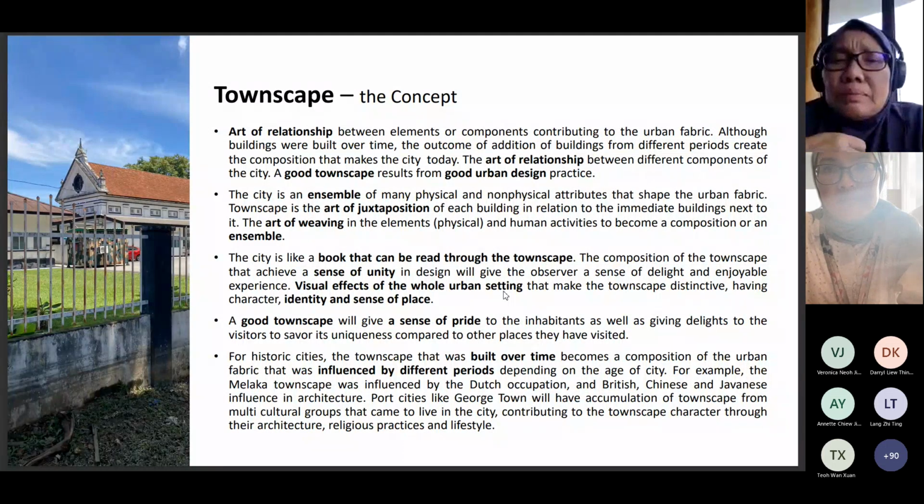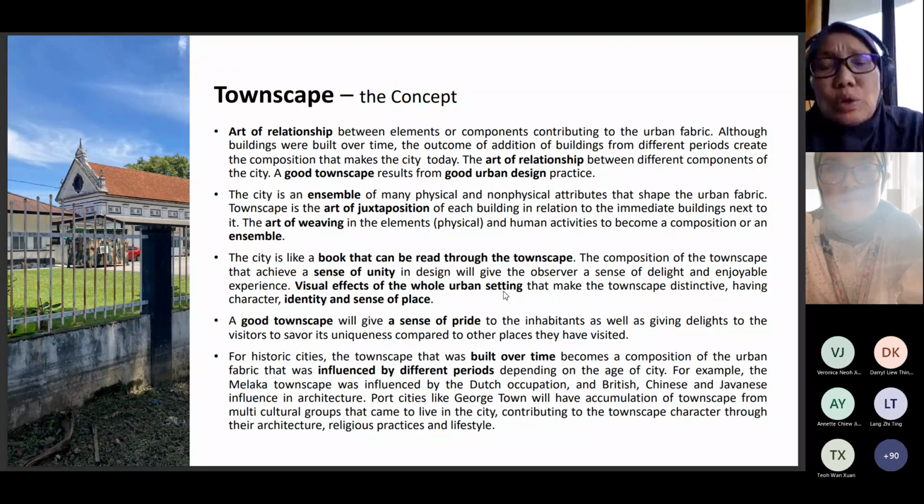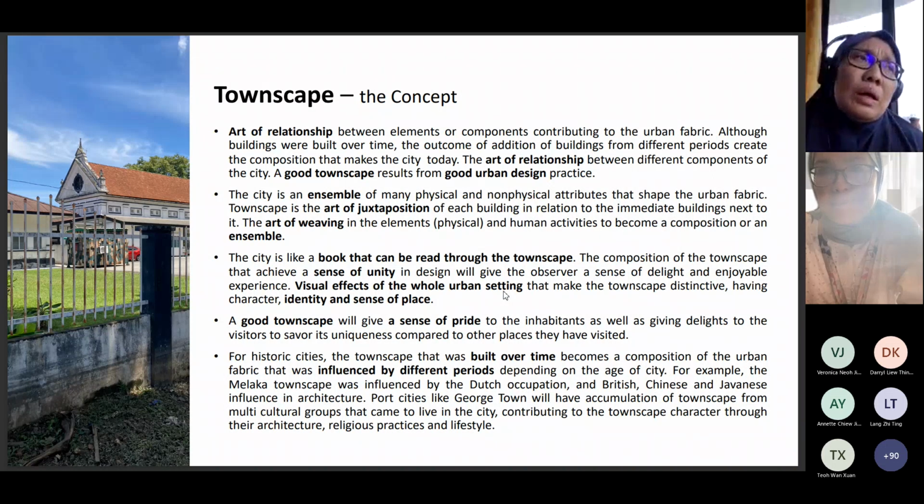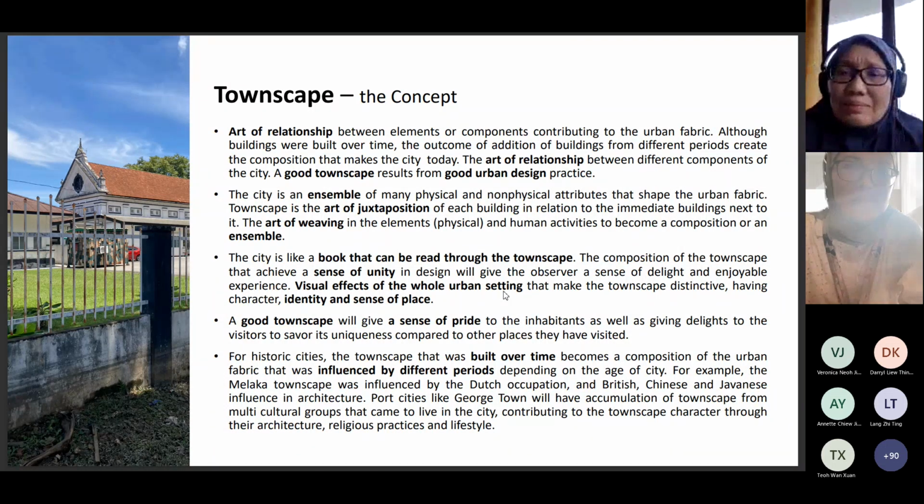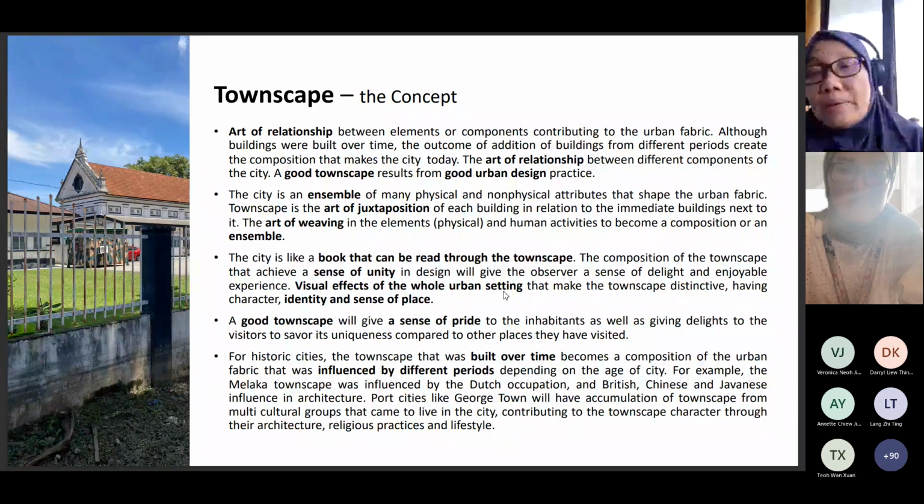So, for example, in Malaysia, we haven't got many cities where the historic fabric is really intact now, because it's always been subject to demolition and then construction of mediocre, what I call townscapes, to replace something that had a very high aesthetic value in the past. That's the reason why we